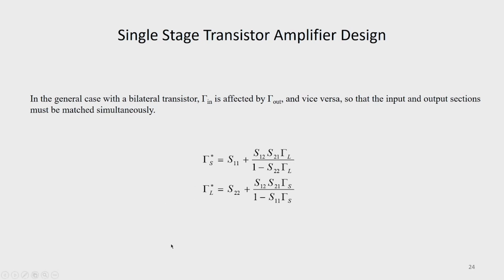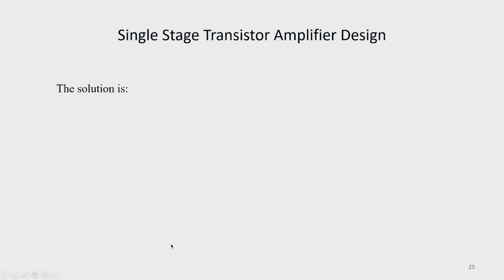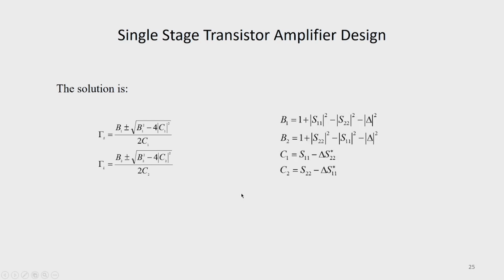From these conditions, we can solve for gamma s and gamma L. The solution for gamma s is B1 plus minus root B1 square minus 4 mod C1 square, divided by 2 C1, and gamma L is equal to B2 plus minus root B2 square minus 4 mod C2 square, divided by 2 C2. Here B1, B2, C1 and C2 are given by